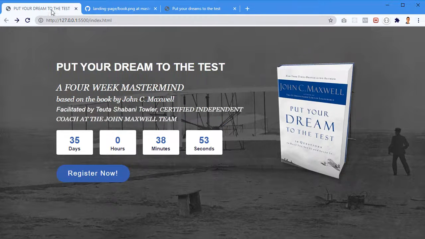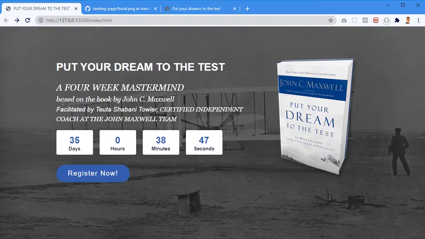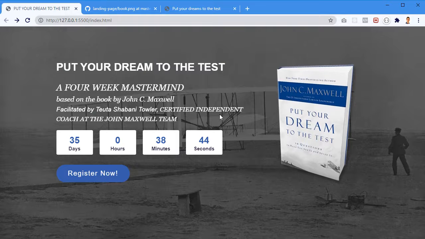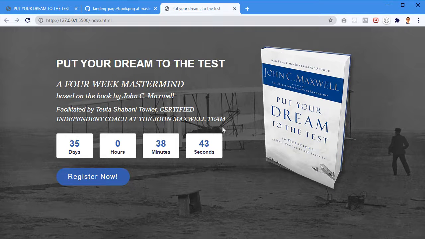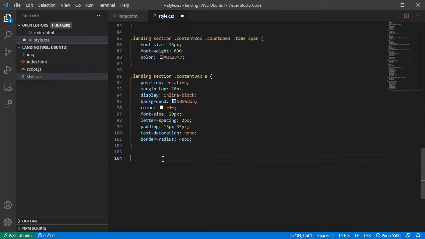Okay, so here we have spacing. We don't have the spacing in the demo. Our current project looks better. Okay. The certified independent. Okay, we will make this smaller, and this line is going to be longer. Okay, let's go back to the style CSS, and here we will add some styling to the image,